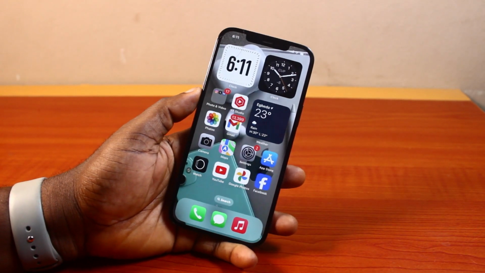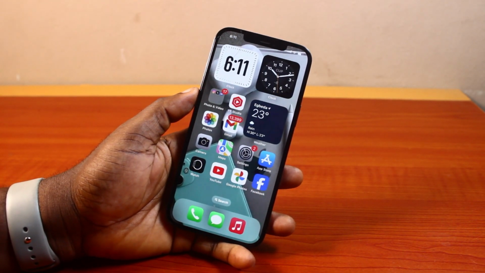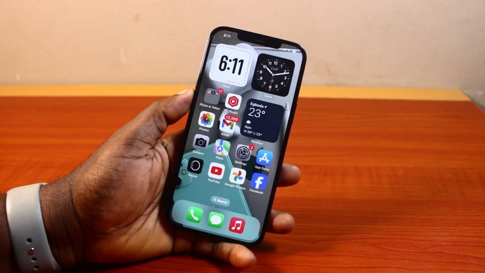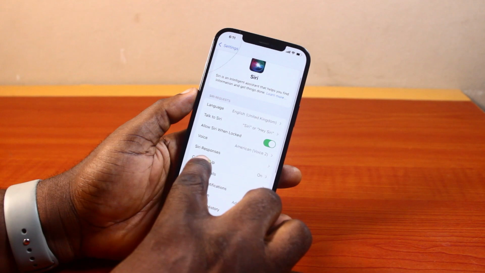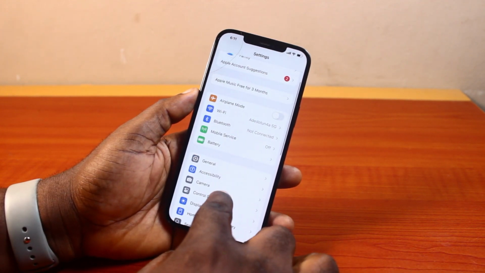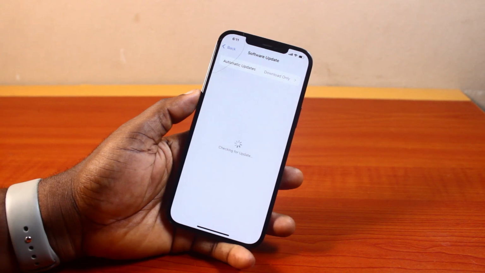Hey guys, welcome to this iOS 18 guide, and here I'll detail how to add or change password in iPhone iOS 18. So if your iPhone is now running on the latest iOS 18 and you want to change or add password to your iPhone, then this video is going to walk you through how to do this step